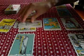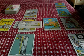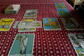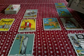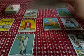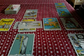Covering it is the Ace of Swords. So there's an irony here. Covering is the obstacle, the thing we have to actually figure out. And I see the Ace of Swords often as a solution, a place of direction, making a decision as to where you're going to put all that ability. So we think we have all this ability, but we don't really know where to put it or what exactly to do with it. We have to figure out